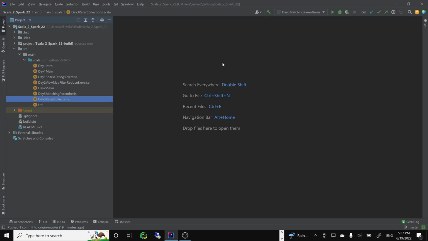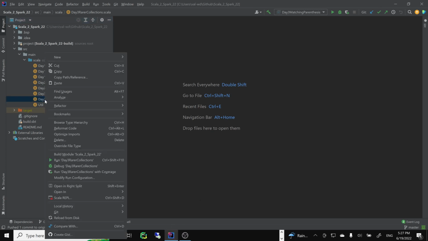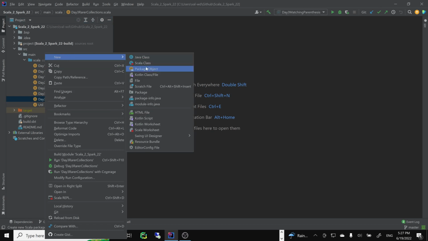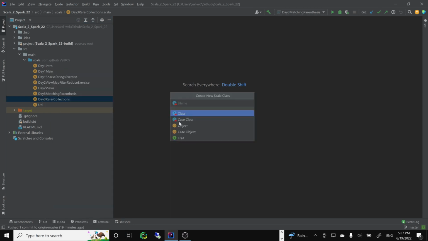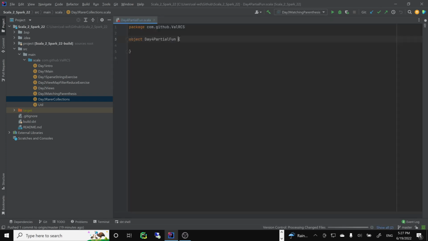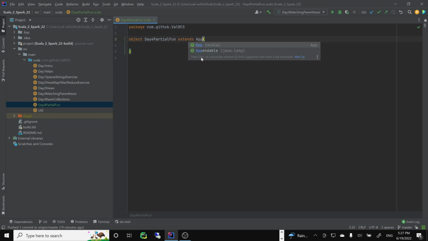So we'll start. We covered some of the collection methods previously, and we'll go deeper into some more extra methods. I'll start a new file, of course, new Scala class, object, and we'll call it Day4PartialFun. So fun, but it's not full fun, right? I'll do extends App, of course, again, and we'll do exploring